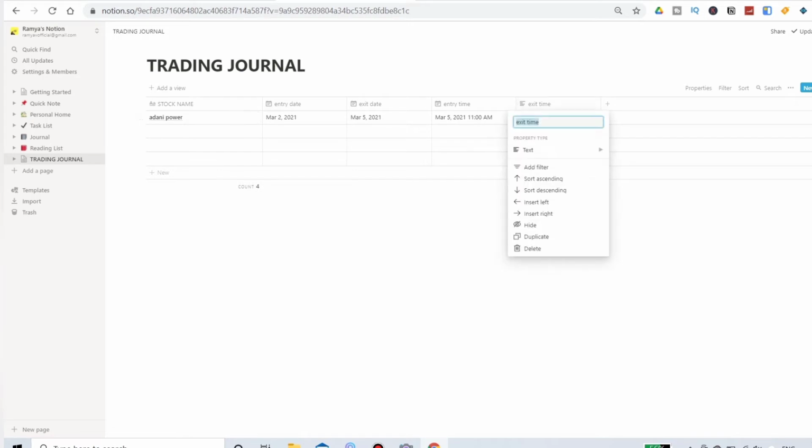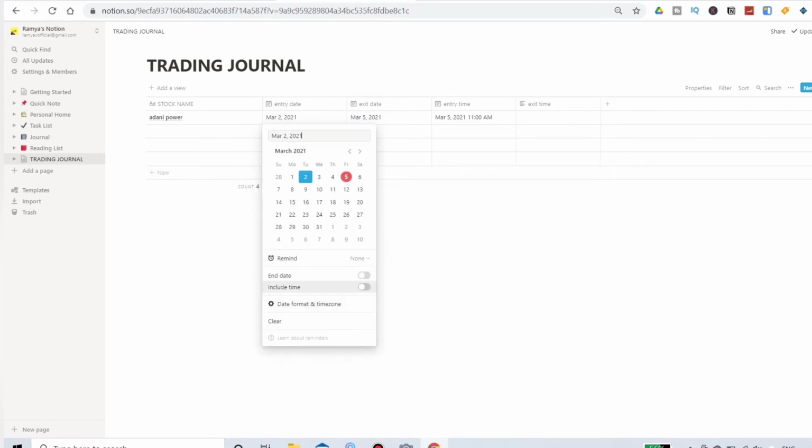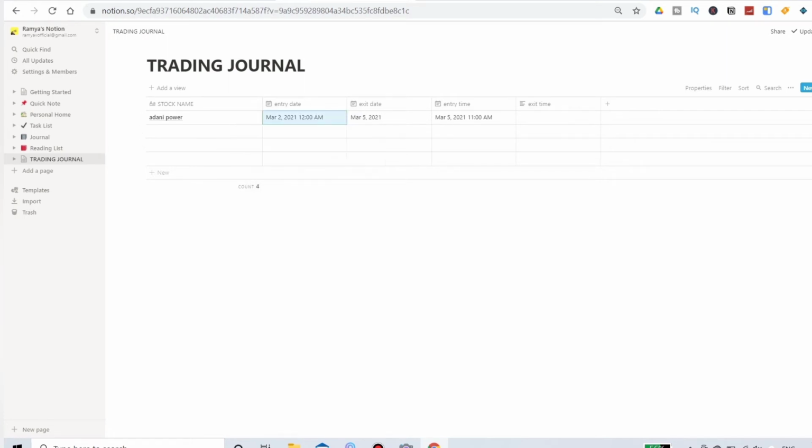Now we will see exit time. Here also you can include time. So date, time. Click on it, you can rename it date, time.